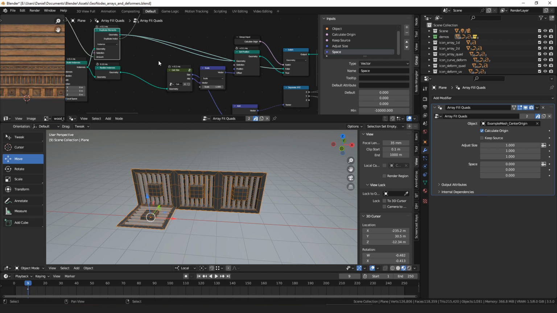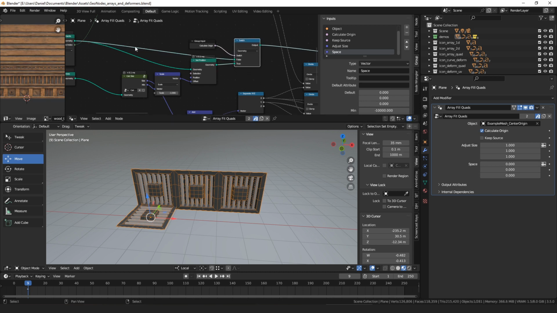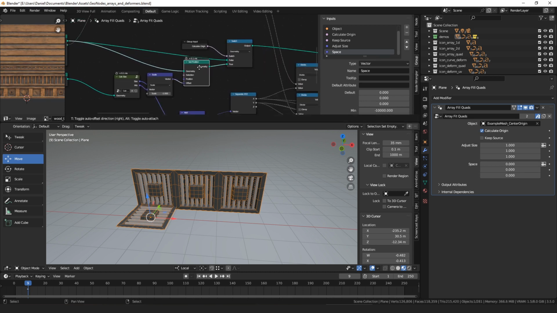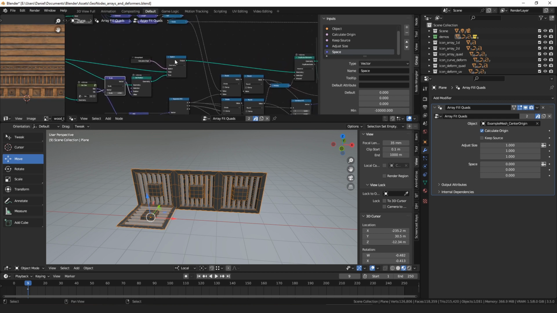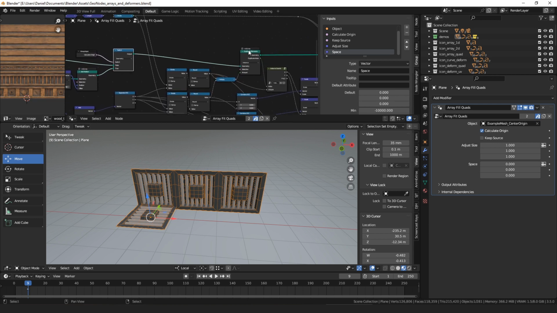Essentially, that will move the origin of the object to the minimum corner, wherever that happens to be. Then that goes into a switch, and that switch is the calculate origin option. If it's false, we just use the instance as it was, and if it's true, then we do that set position to the negative minimum. So now we have all of our instances with the origin where we want it, whether it's in the corner or the original. Then we're going to make more copies,